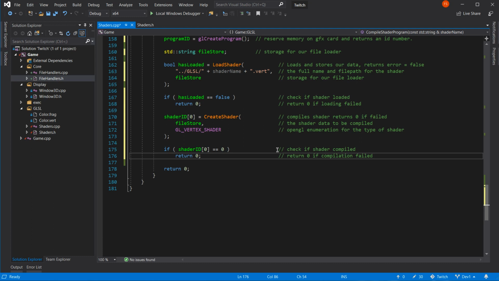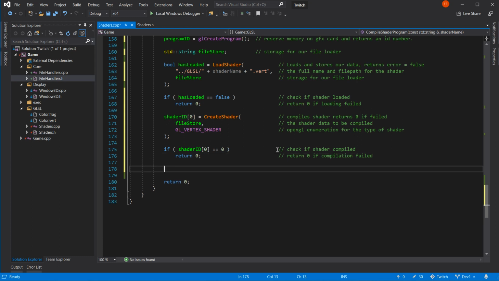Looking very good. So, we have been able now to load and compile a vertex shader, and we've done it successfully, I hope. I didn't put much in those shaders, because I'm going to put a lot more in them. We'll see.